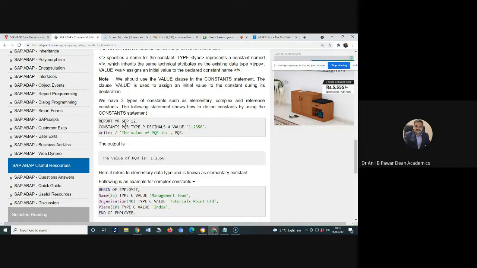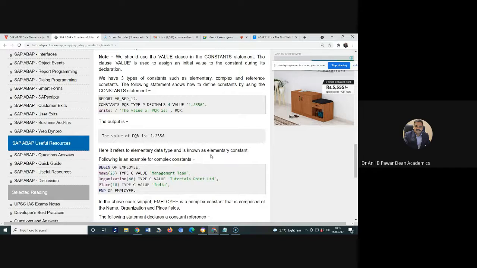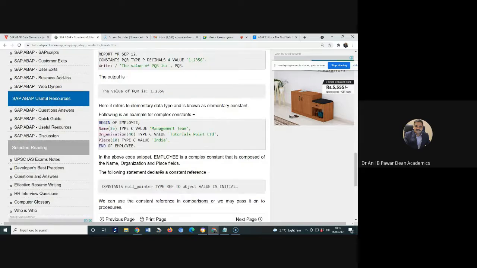PQR. But is it a variable? No, it's a constant. So I get the same output here, because that value is assigned to this PQR. There is no need to mention anything like percent d, percent c, percent f, which we do in C programming. Here we simply write the plain statement, complete it in single quotes, then put the comma and then your variable value. In this way we can write constants.